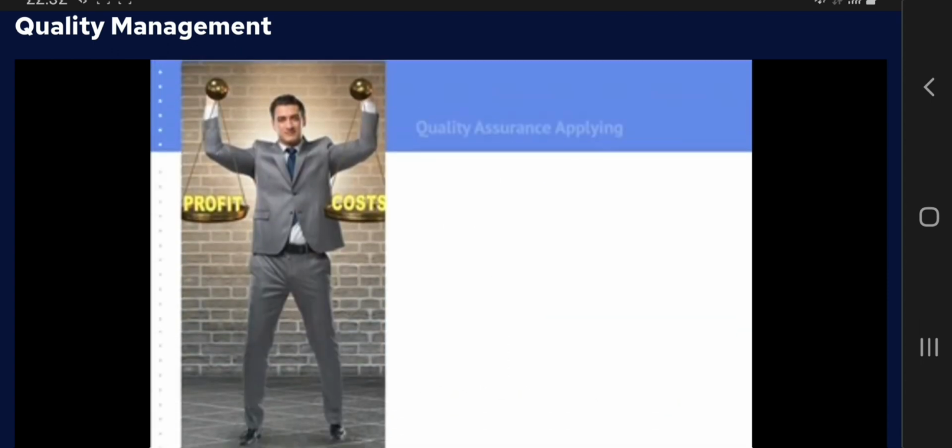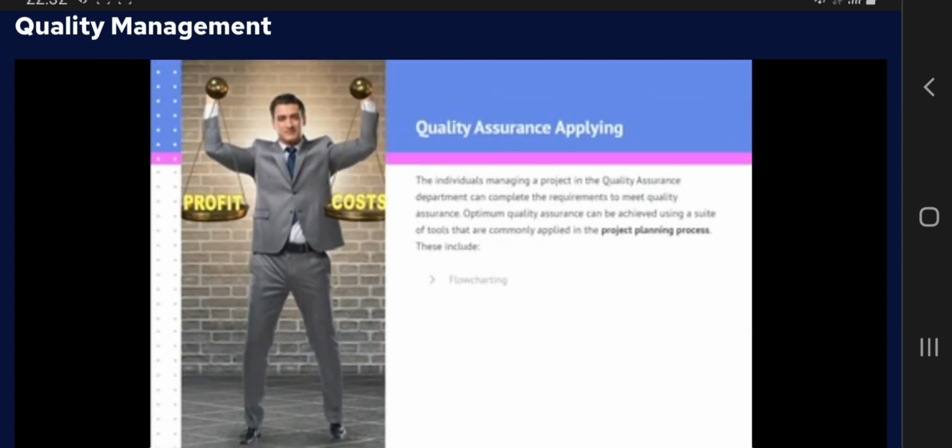Quality assurance applying. The individuals managing a project in the quality assurance department can complete the requirements to meet quality assurance. Optimum quality assurance can be achieved using a suite of tools that are commonly applied in the project planning process. These include flowcharting, design of experiments, cost of quality, benefit cost analysis, benchmarking,